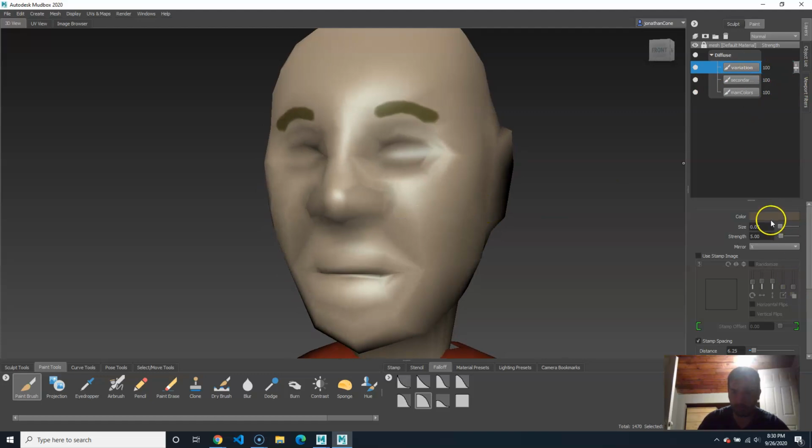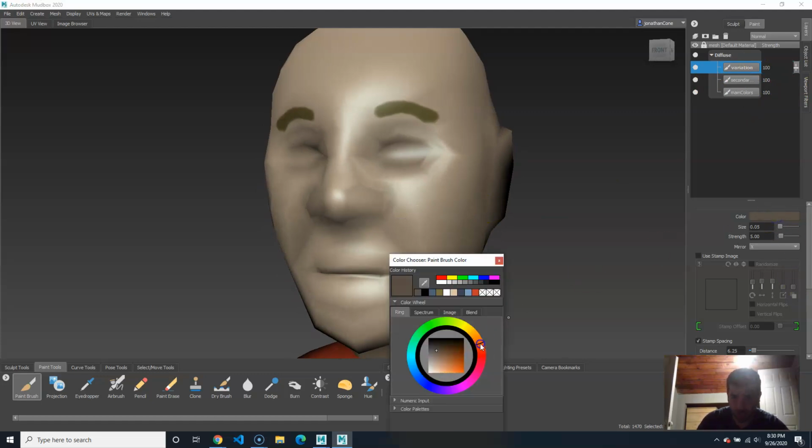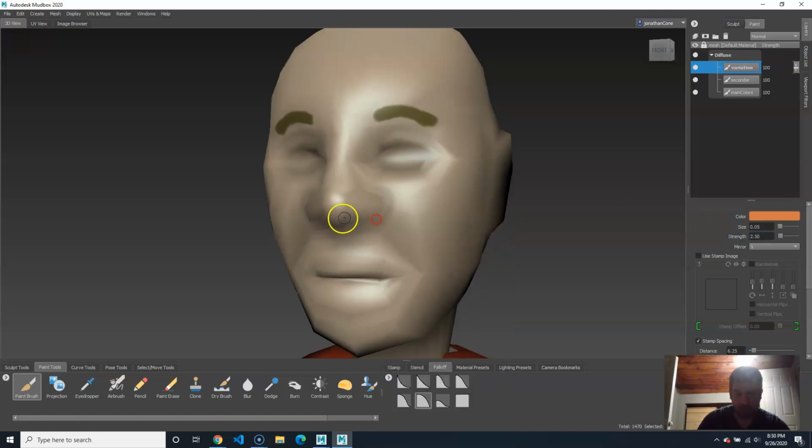And then the other thing I'm going to do is make a deeper reddish orange like this, okay? And I'm going to leave this really low. I might even go lower. Let's try 2.5 for strength. What we're going to do with this is that your nose will have redness in it, your cheeks will, your fingertips, things like that will have a little bit of redness, and it'll make it feel more alive. Let's put a little bit on his forehead,